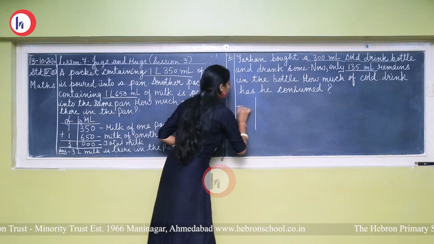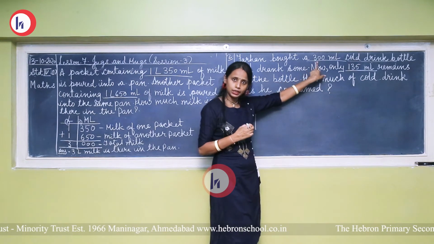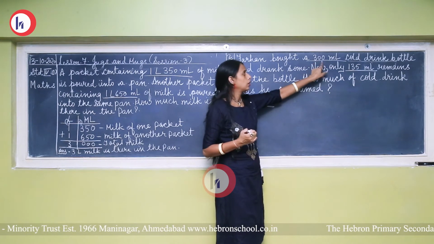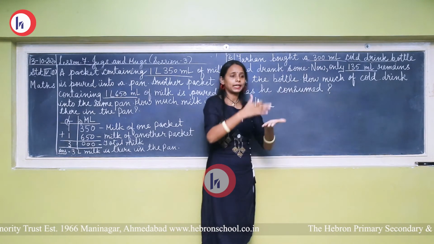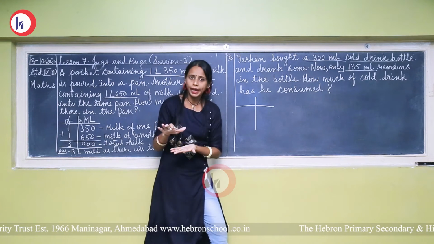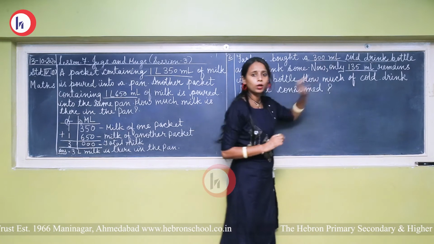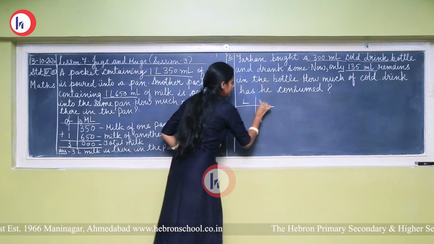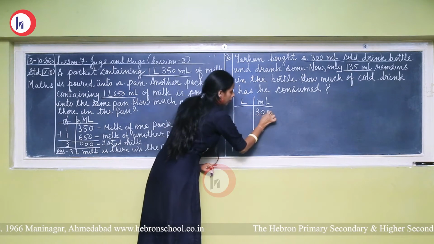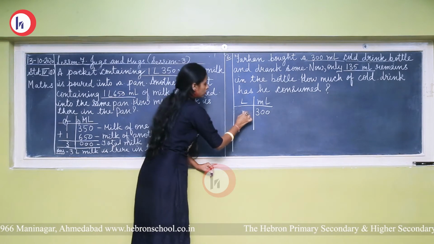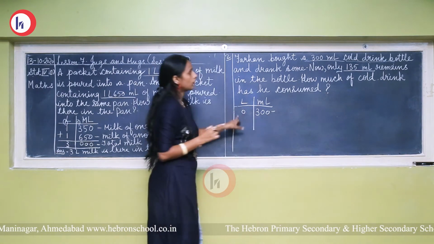So what will we do here? Total capacity of bottle is 300 milliliter and total capacity means total volume. Volume भी बोल सकते हैं because bottle के अंदर कितना cold drink भरा हुआ है, that is called volume. Okay, so 300 milliliter is cold drink in the bottle. So first of all we will write liter, milliliter. Here 300 milliliter, so we will write here milliliter because liter is not here, so we will write here 0.